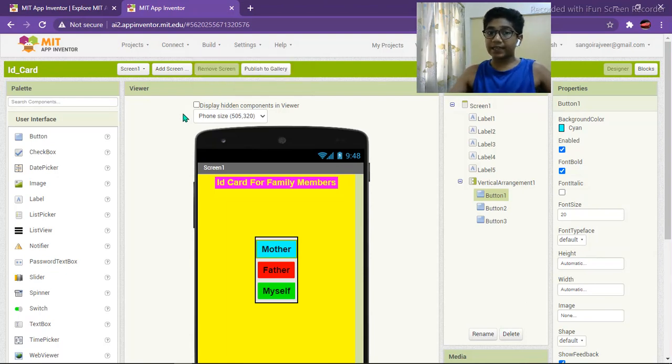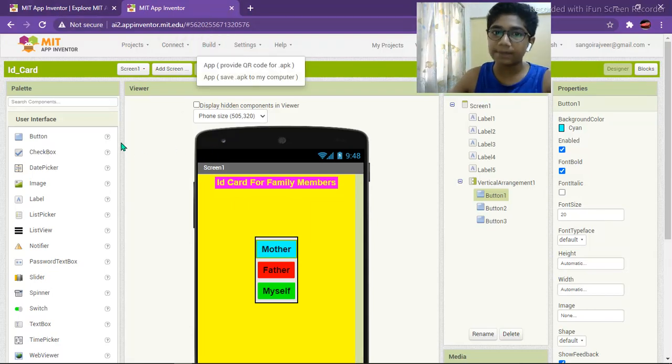It will take some time to provide the QR code, and then you need to scan from your MIT AI2 Companion only, and download that. It will take some time, so be patient. I am not doing that for now.